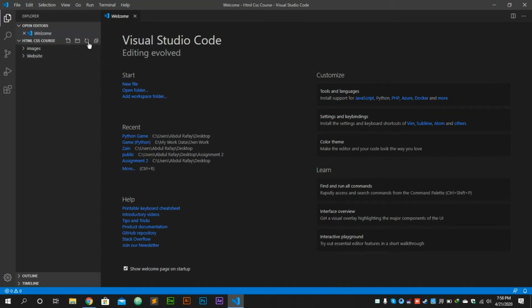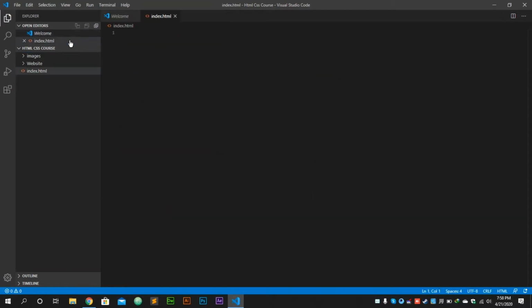There you have to make a file. If you have previously made a file, you just have to rename it to index.html, because the name index is used for specifying your main page.